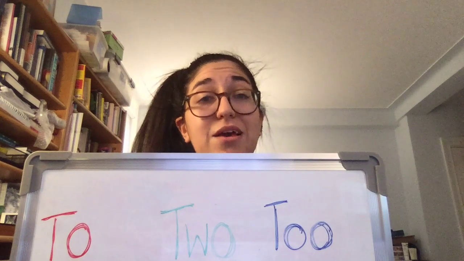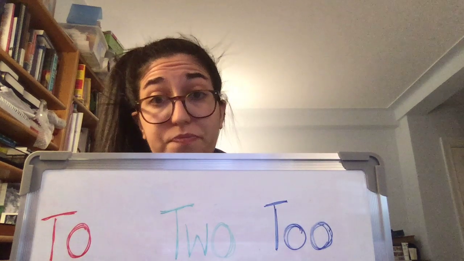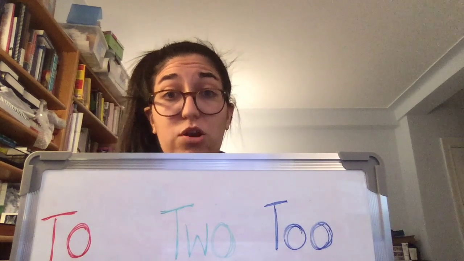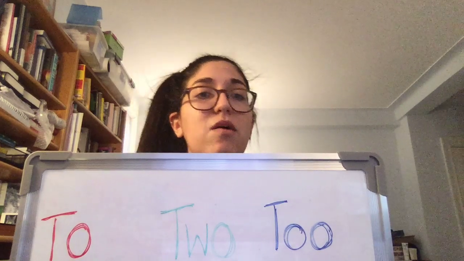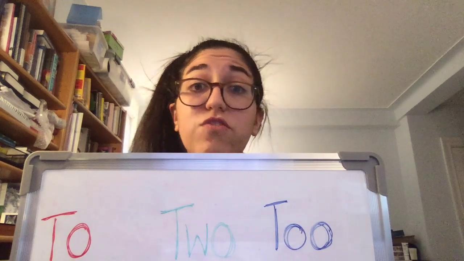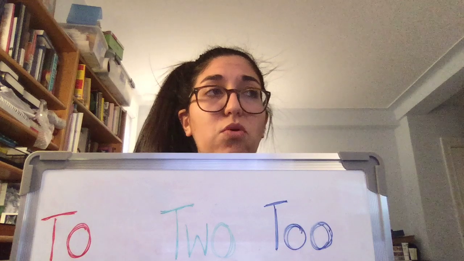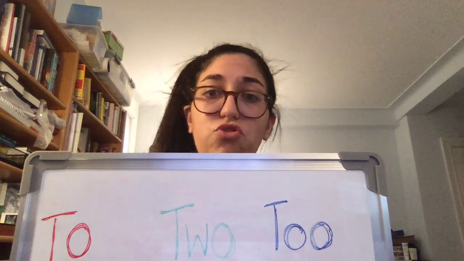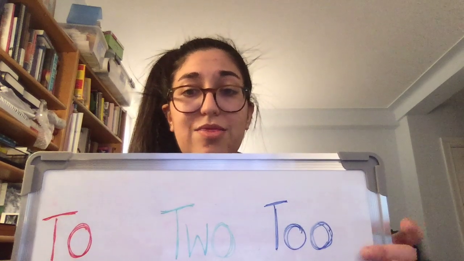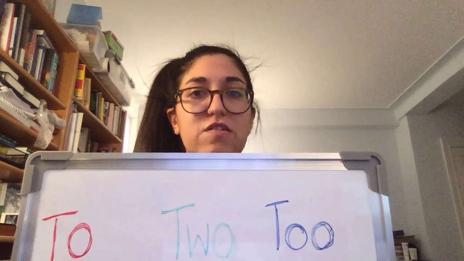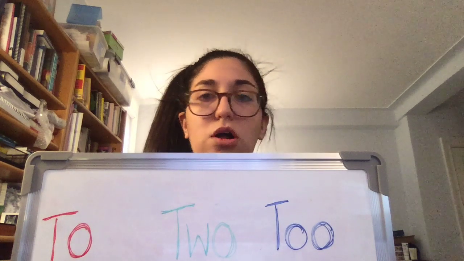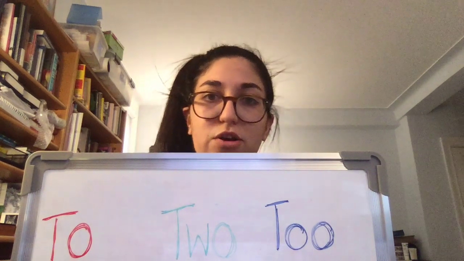And if I could say I want to do it also, then instead of I want to do it too, it's this, right? Because I wouldn't say I want to also the store. I want to go also the store. I would say I want to go to the store. This wouldn't work, right? But if I wanted to say I want to do that also, that would work instead of I want to do that too.